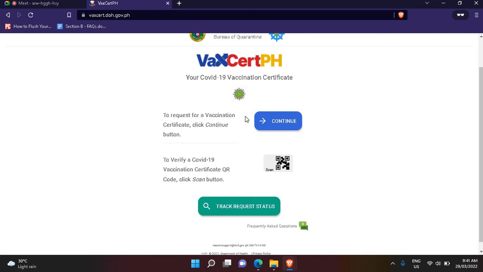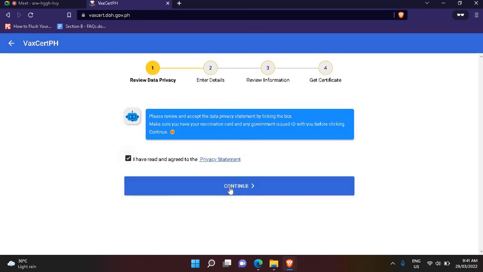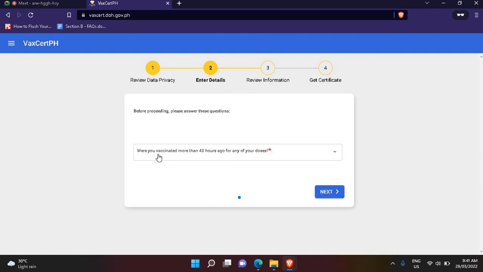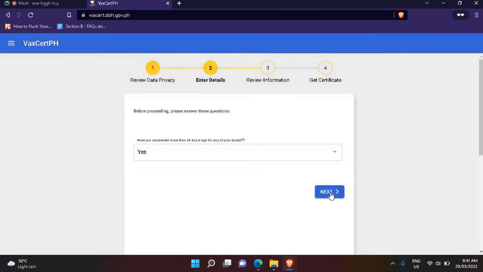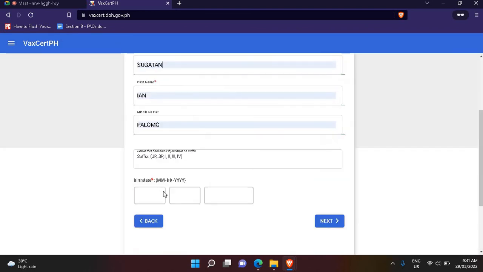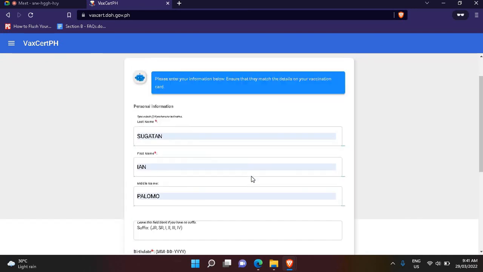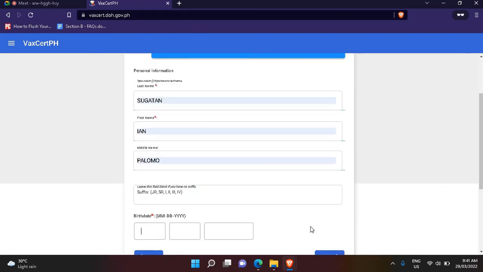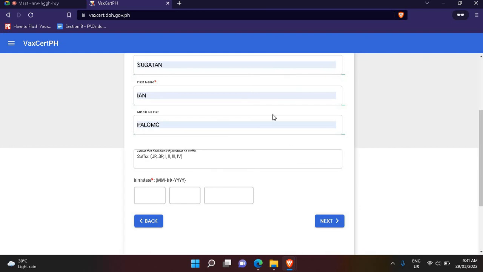Okay, so to request for vaccination certificate, click continue. So click continue. Then continue lang siya. Okay, so have you vaccinated more than... Then next. Then ngaran nyo. This one. Then birthday. Then next. So tapuson nyo hasta nga ka mo. Kung ma-fill upan nyo, i-download nyo lang yung PDF nyo nga vax certificate,